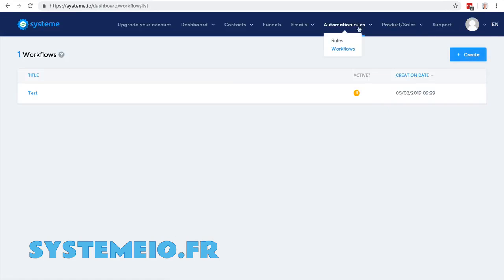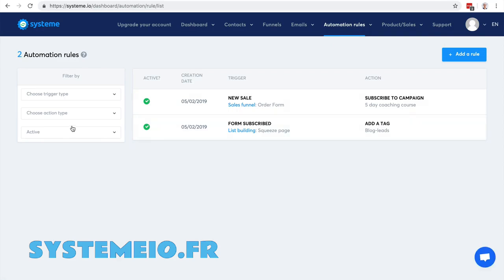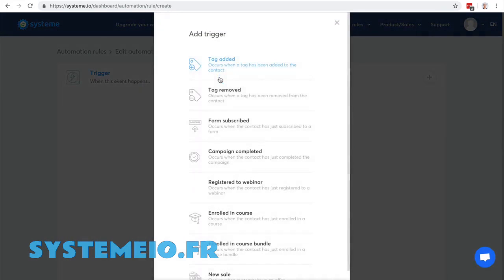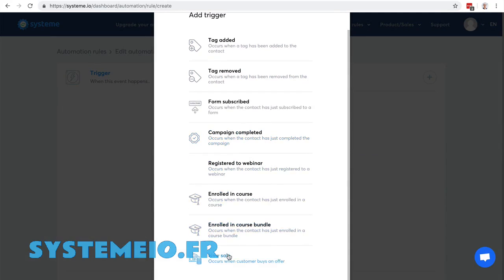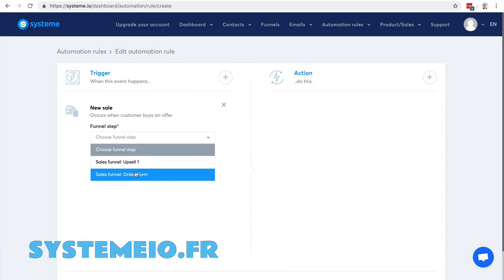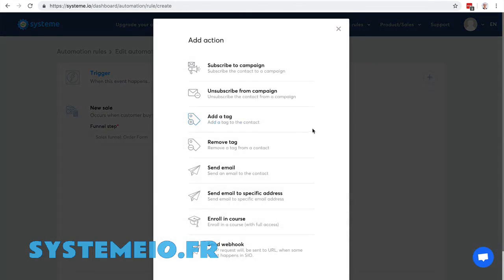Something that is really nice that I didn't mention inside of the automation rules is that you can call webhooks. So let's say that a new sale was made. Webhooks are a little bit technical, but very powerful. That's the ability to send an HTTP request to another application, so it allows you to communicate with another application. And a very famous application is Zapier. So you can send a webhook to Zapier,